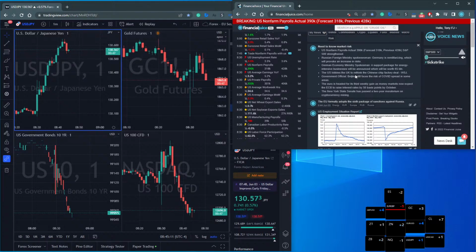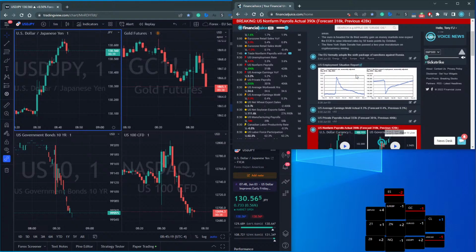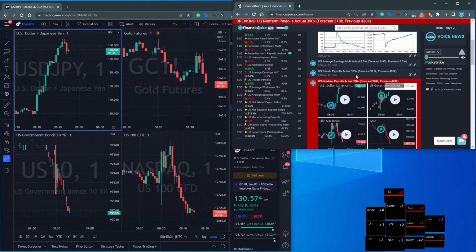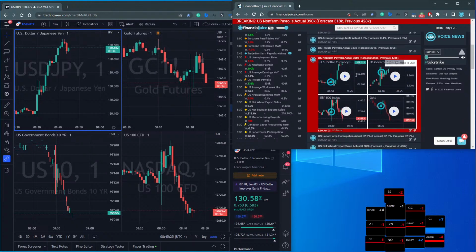That's the main method. Of course, there are different ways to use a Squawk service, but managing risk as to what's going on within the markets and why markets are moving in a certain direction is key to have, and that's why investment banks use it, and all the big players, right? They will use it to listen out to what's going on fundamentally. Fundamental news is key, and that's what drives the markets most of the time, right?